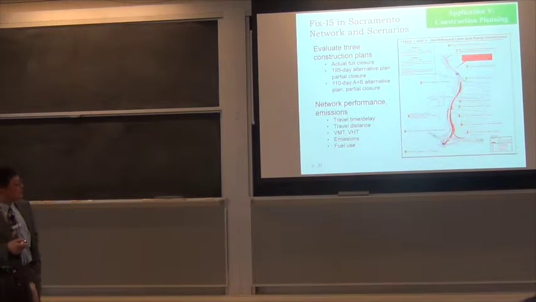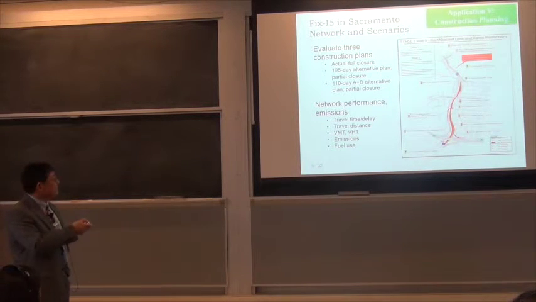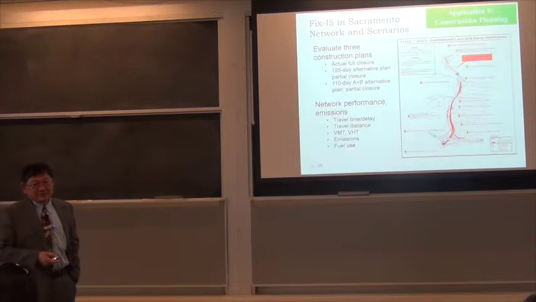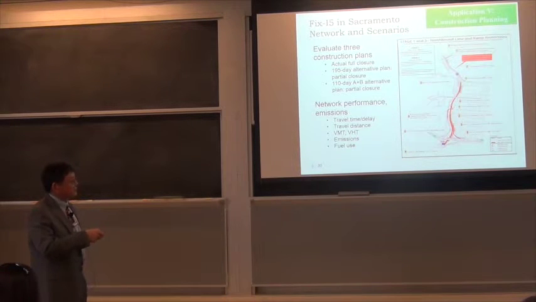My final application is a real case study that we did for the city of Sacramento. In 2008, the city of Sacramento wanted to close one direction of the highway near Freeway 5 near downtown Sacramento for a couple of months for reconstruction of this section. And they wanted us to study what would be the impact of this closure, and also compare it with two other